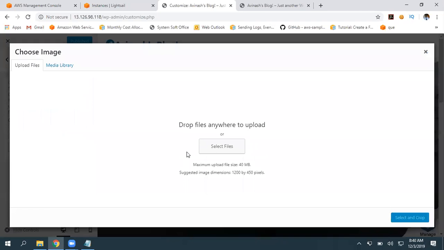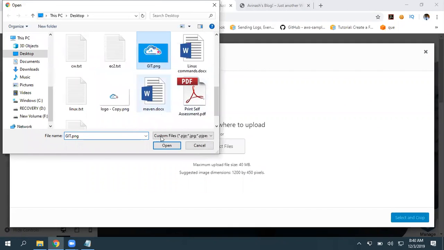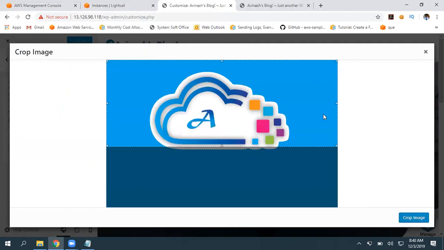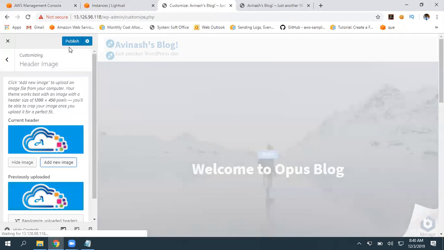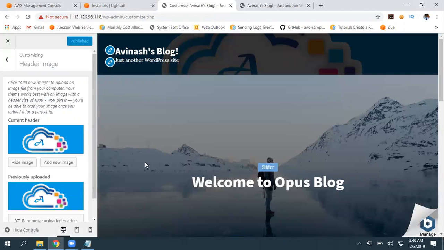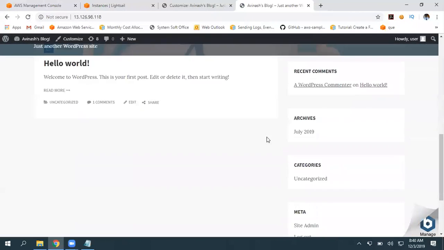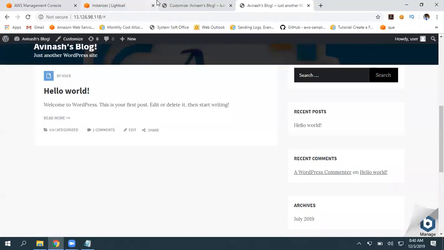Okay, if you want to upload an image also, yes, you can simply do that. You can upload to individual media, or else manually you can upload that, and you can simply click on crop image and publish that. So immediately that will come into your website. So the slider will come. See here, this backend one. So exactly the same way you can just pick and deliver that.